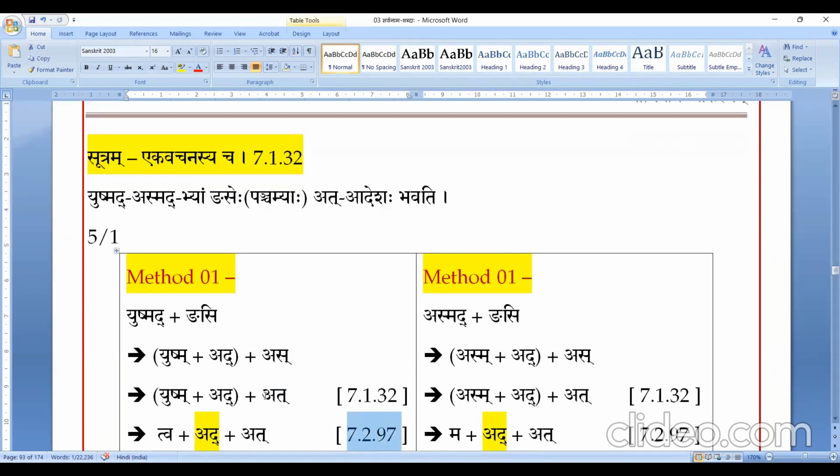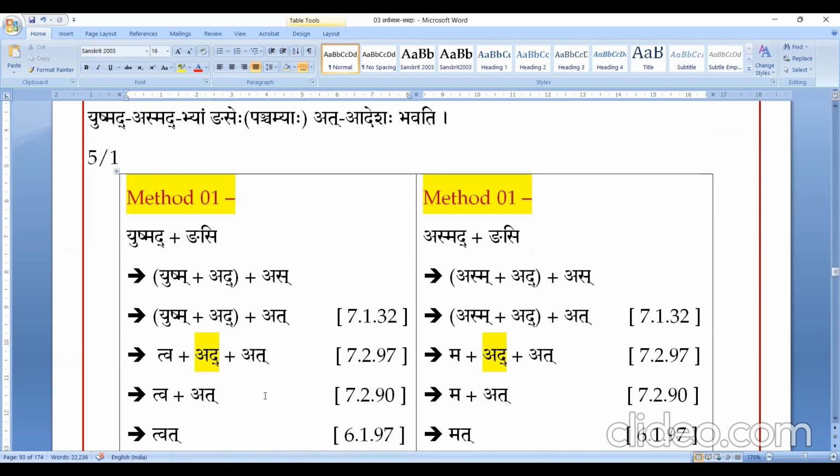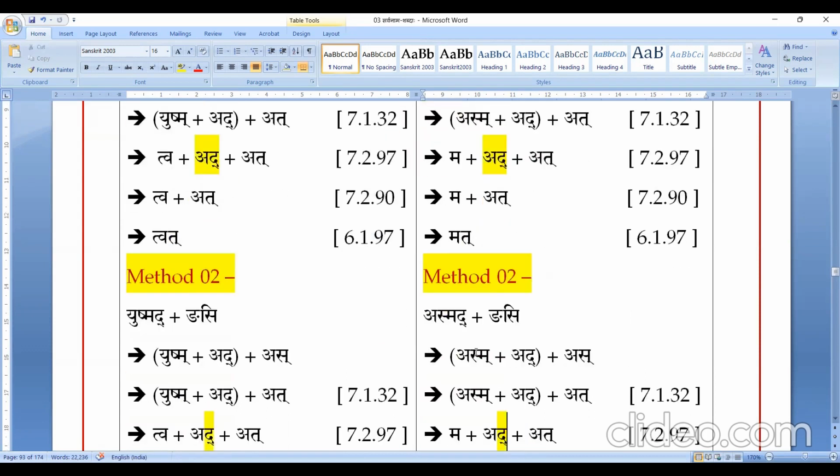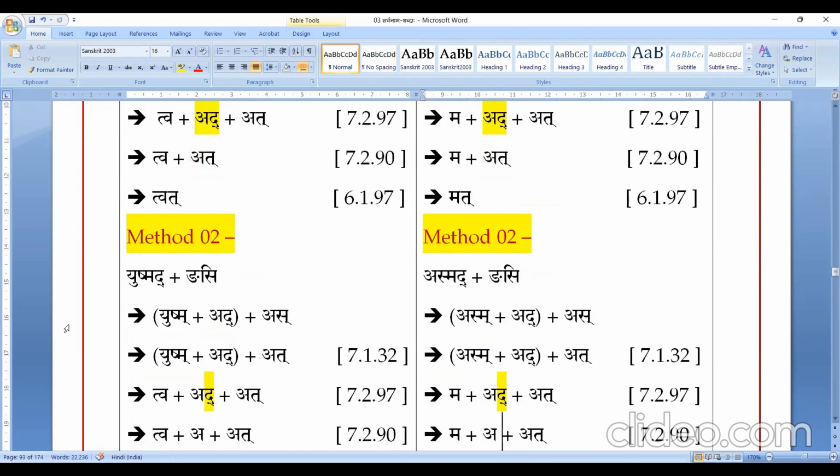Shesha Lopaha can be applied only when there is no Atva Adesha or Yakara Adesha. Atva Adesha, Yakara Adesha are ordained by the sutras 7-86 to 7-89. Already we have seen. I know it's difficult to remember. You can go through notes and recordings later. You'll understand. Therefore, Shesha Lopaha can be applied. And Shesha Lopaha, Ti Lopaha, Anti Lopaha, two methods. So by Ti Lopaha, At becomes Lopaha, then Tva plus At, Ato Gune Tote. Similarly, Asmad also. Ma plus Ad plus At, Shesha Lopaha, Ti Lopaha, Ma plus At, Mat. And Antya Lopaha, Dakarasya Lopaha Bhavati, Ato Gune followed by